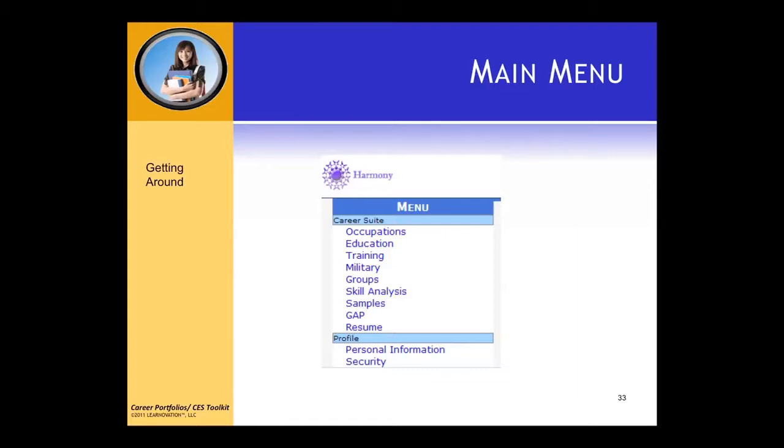We can take a look at the next. Here's your actual menu. And now that we've kind of been through the whole universe of everything, this should be very logical to you. Your first one up here is occupations. That's where you put in everything about the universe of my job. And then within there, you add work samples, you update the number of hours, et cetera. Education, training, military, any of you with military background, groups. And I want to take you through groups in a moment because that's where your community service is going to be, all your organizations, all your additional activities.